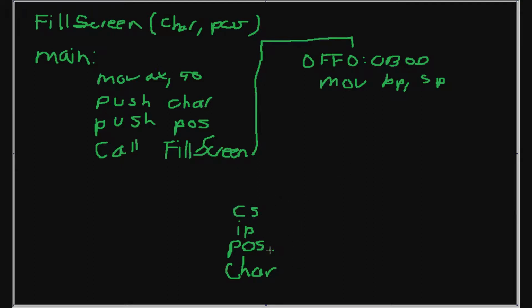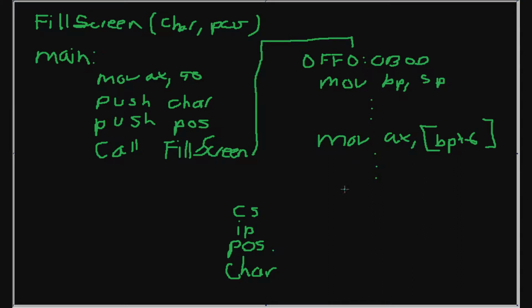So once we are finished with this, let's say a few instructions later, we will modify the AX register with the value of the character variable. So that's the byte at BP plus 6. I mean, not the byte, the word at BP plus 6, because we want the word. And this is AX, so it's going to grab BP plus 6 and the byte after BP plus 6. So once we do that,